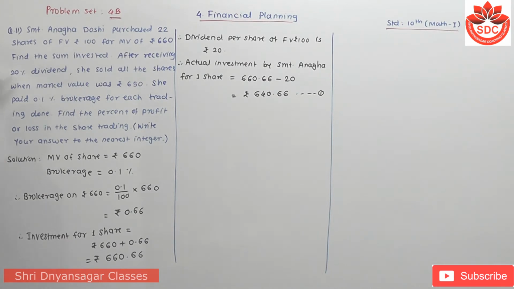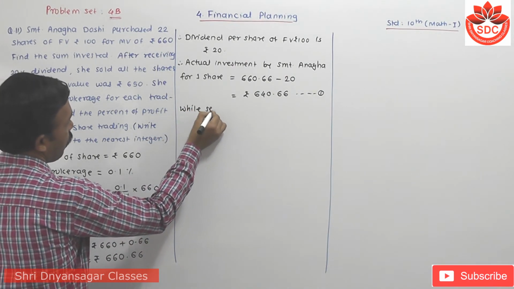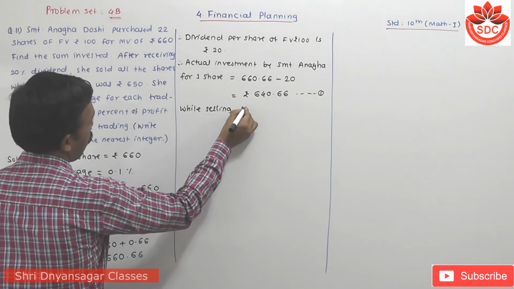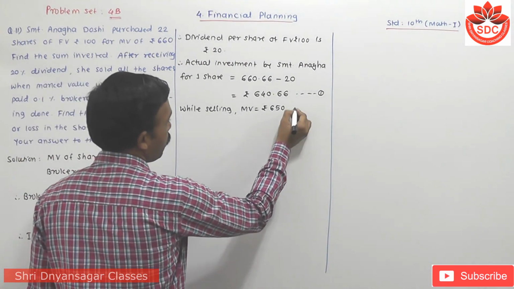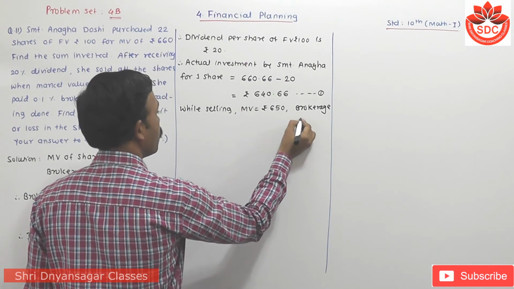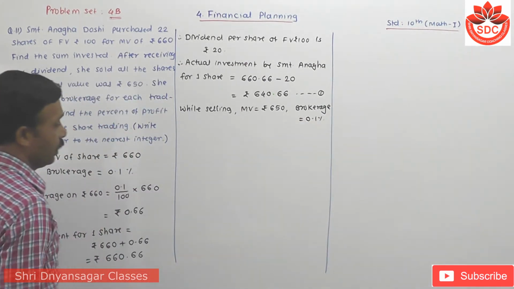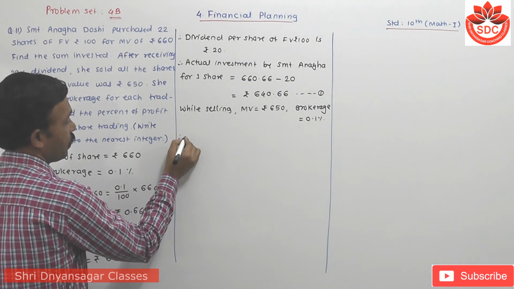Now student, while selling it, at rupees how much? 650. Therefore, while selling, this is the market value. So I will write here, while selling, MV is rupees 650, and brokerage is the same, equal to how much? 0.1%. Therefore, brokerage on this 650 is equal to